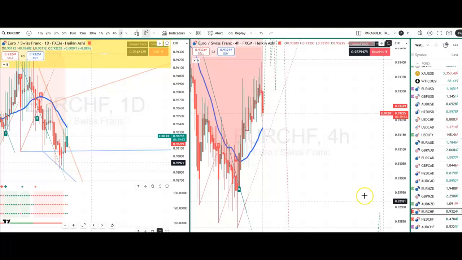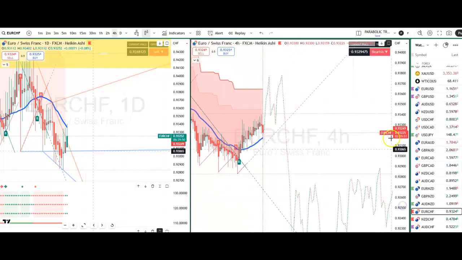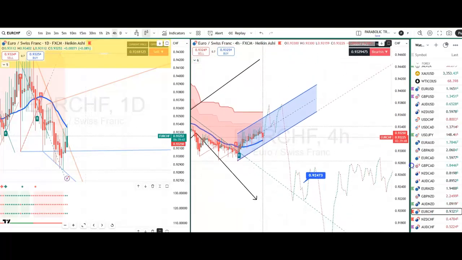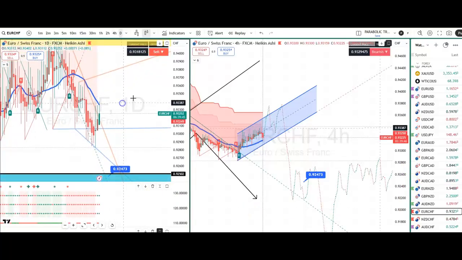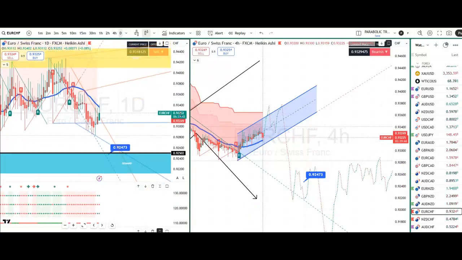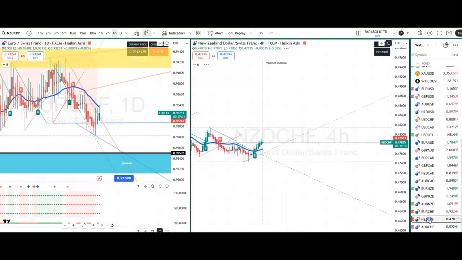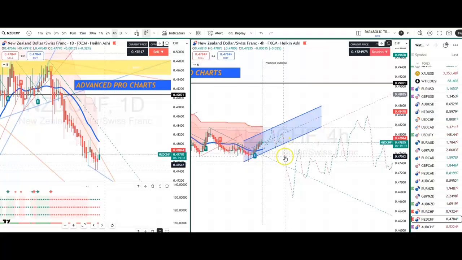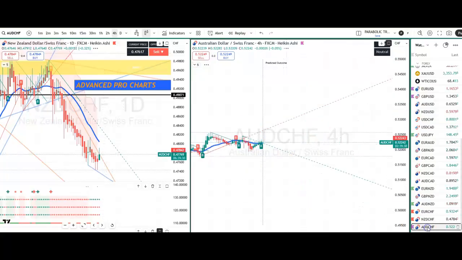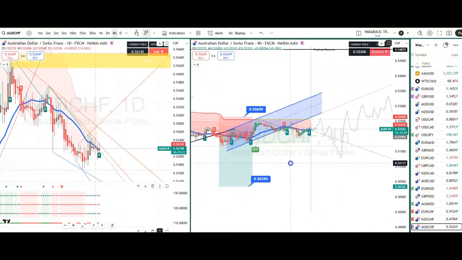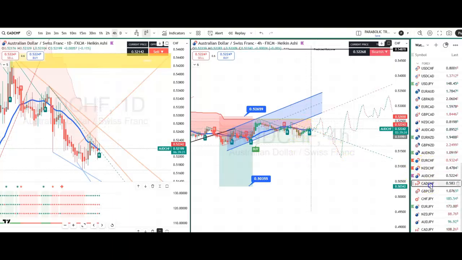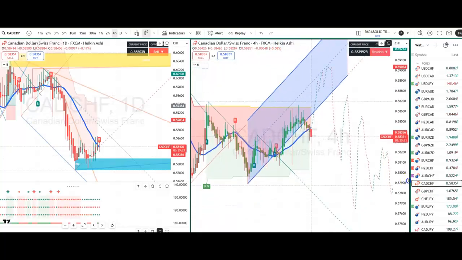Now the Swiss pairs, we are looking at Swiss pairs, aren't we? Do you remember why? You know why, because the Swiss franc futures could be going strong. It's not doing it yet. Once it does go strong, then we are looking at a big move south here on the Euro Swiss, New Zealand Swiss, Aussie Swiss, although this is completely sideways, gone nowhere, Canadian Swiss,